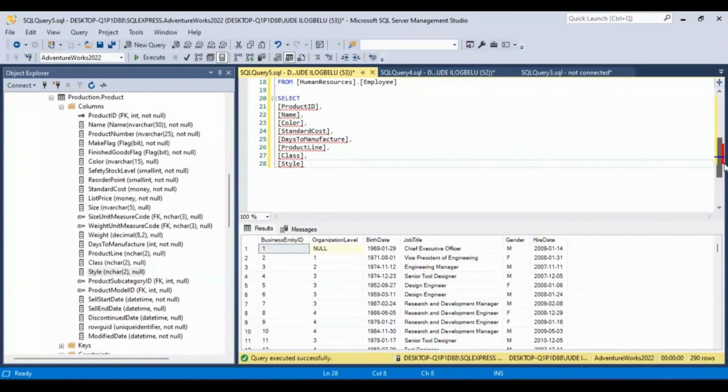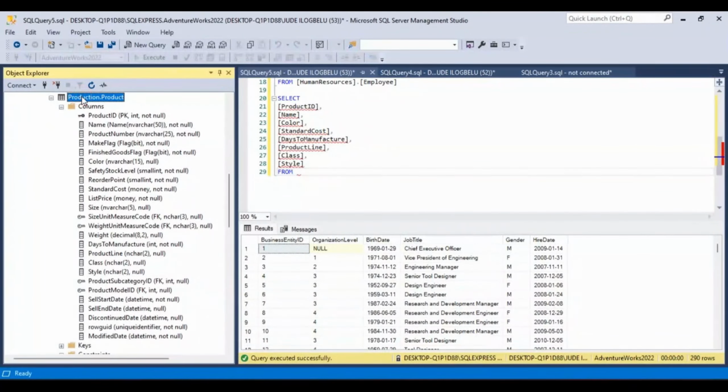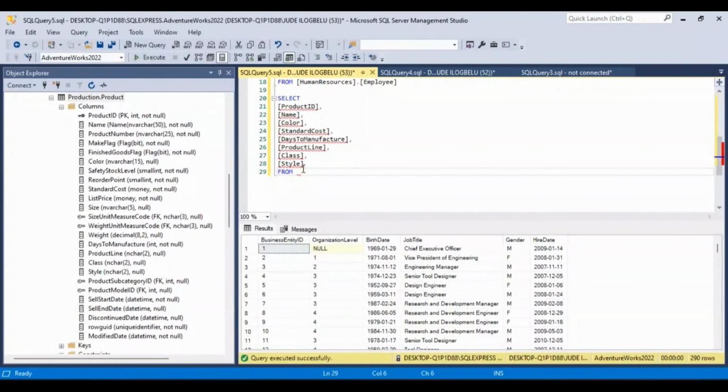So if we have done that, the next question is, where are you from? So you now bring the from statement. And of course we are taking it from where? The production product. So you click and you copy it, and you come here and you place it. So once you have done that, you see that those red lines will clear off. So we have selected,